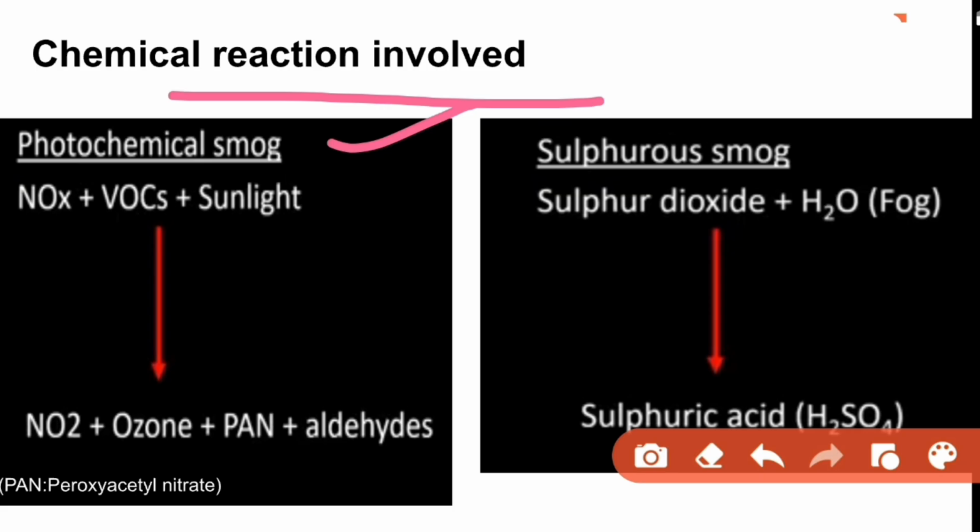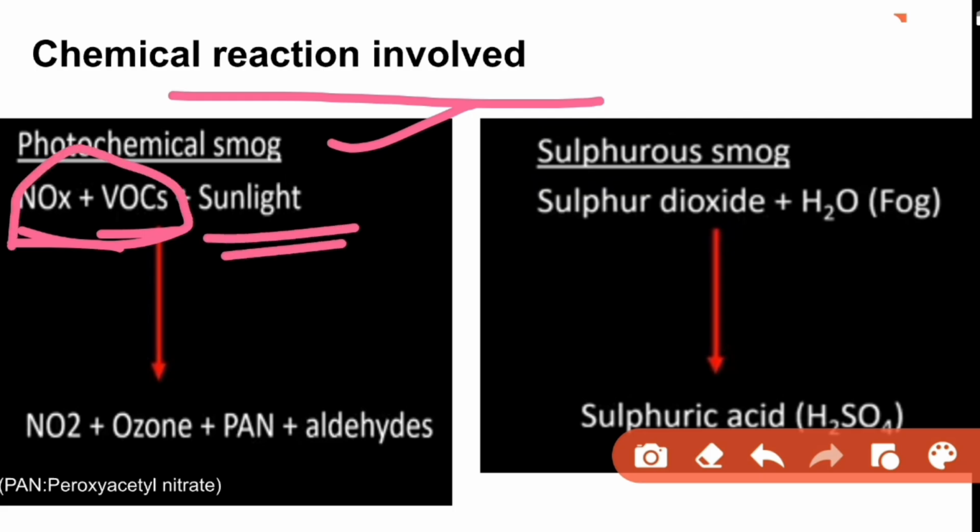At first, photochemical smog. Here you can see NOx, which means different types of nitrogen oxide like nitrogen monoxide, nitrogen dioxide, and VOCs, which means volatile organic compounds. For example, you can take benzene, xylene, toluene. When these things get mixed up in the presence of sunlight, it produces ozone and PAN, and it causes photochemical smog. Here PAN, the full form you need to remember,